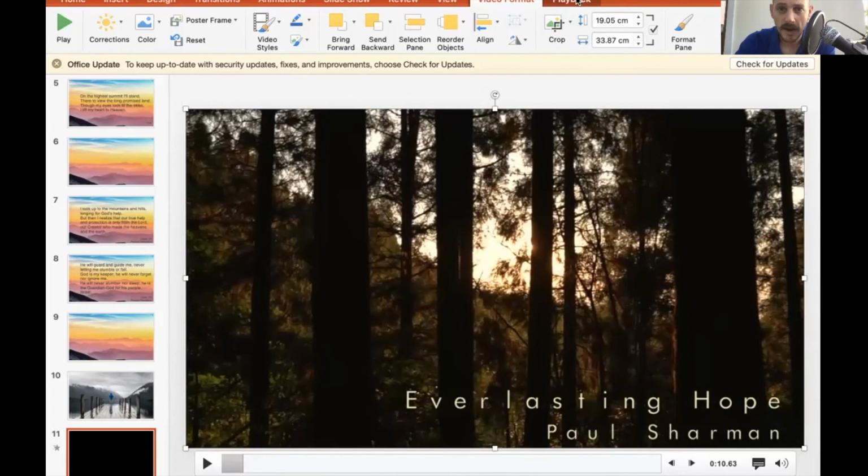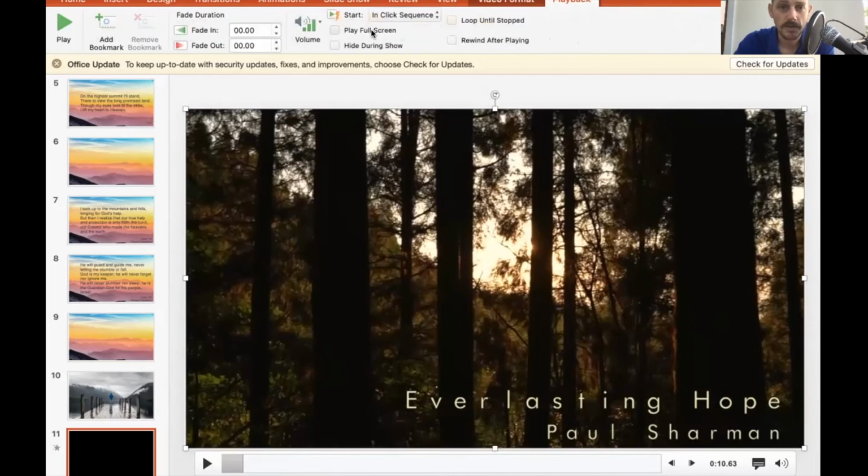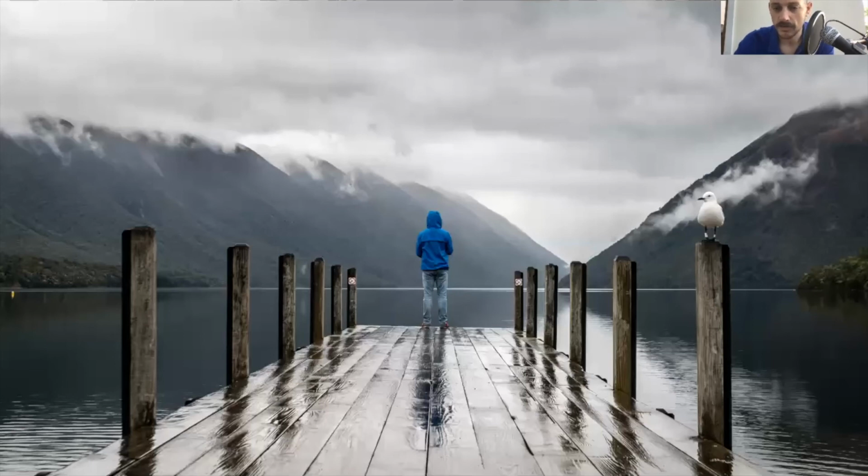If I go up here to playback, and for me, the important thing is here next to start, I want it to start automatically as soon as this slide comes up. That's where I've got a blank one before it and after it, and I'm going to go to automatically. So what that will do, I've been speaking on Psalm 121, and then we sit down and I'm going to press next slide,